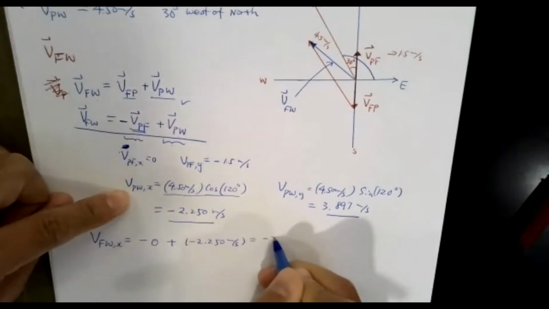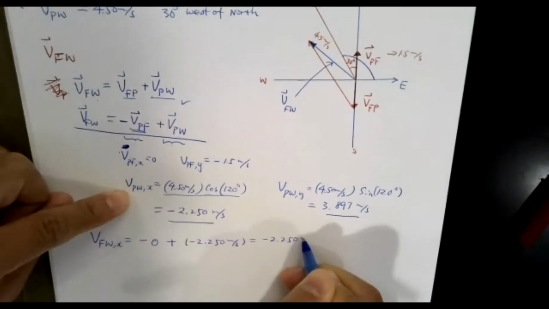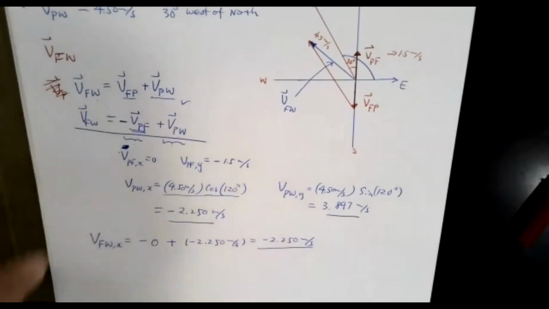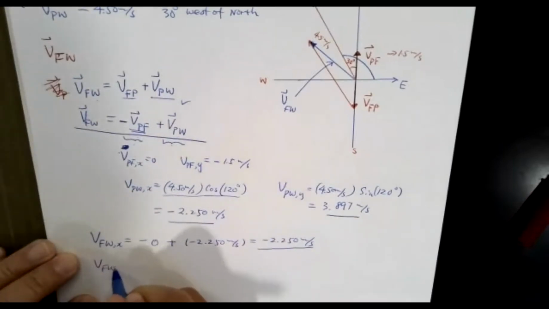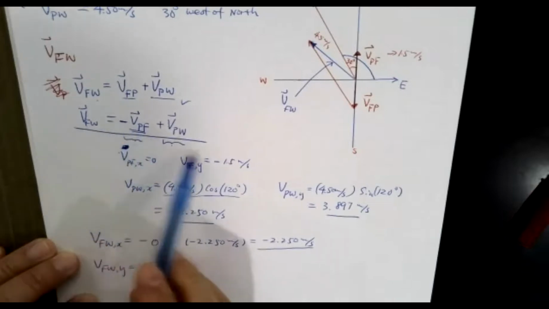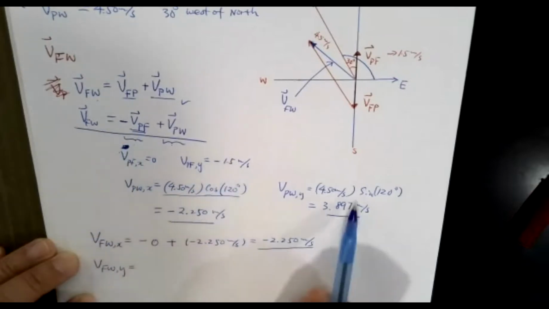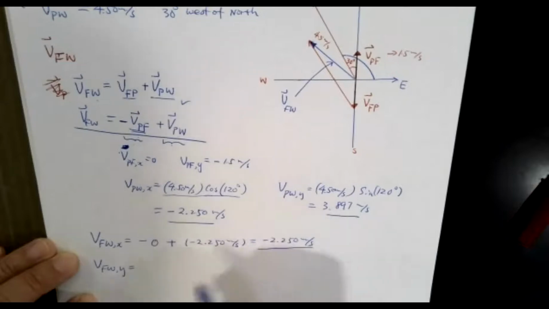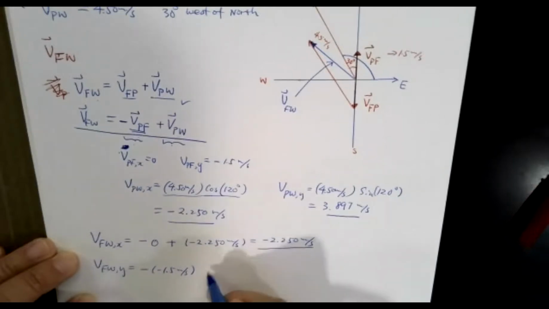So then just minus 2.250 meters per second. Its y component will be the negative of the first y component plus the second y component. So negative of negative 1.5 meters per second plus